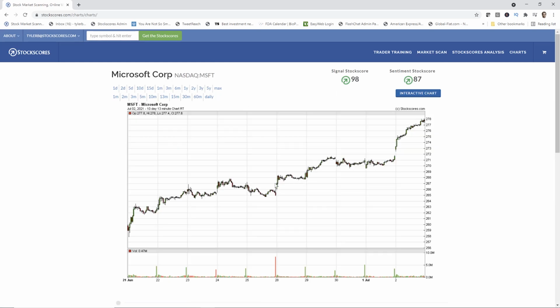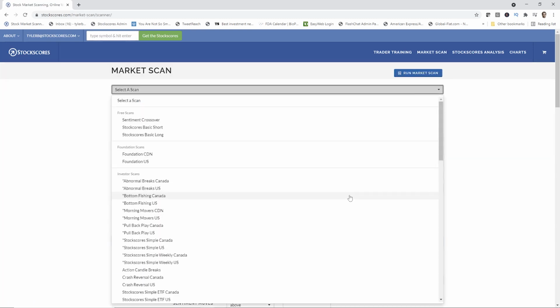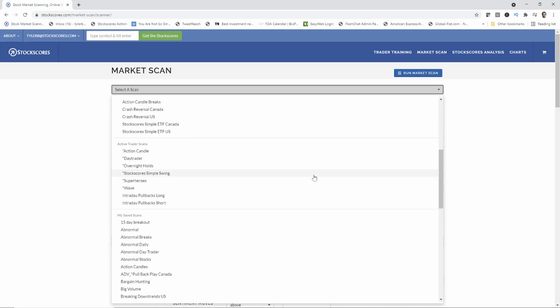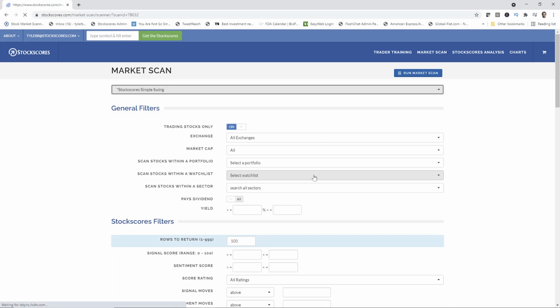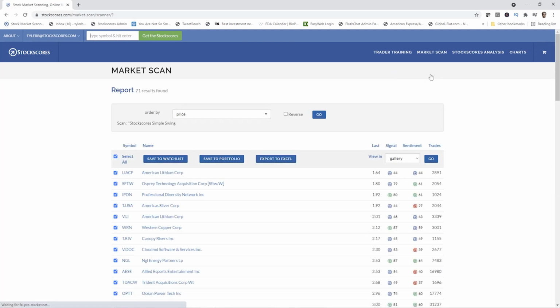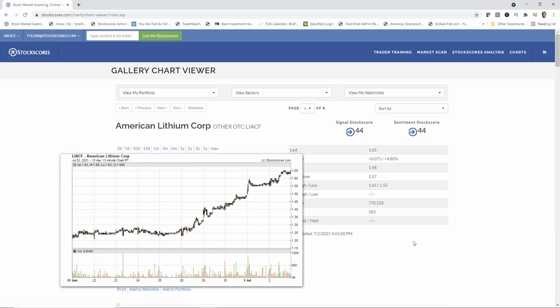Once we've done that, you can then look for stocks that are moving early in the day. So about 45 minutes after the open, maybe an hour after the open, run the Stockscores simple swing strategy. Now, it's a little late now because the market's closed. However, I just want to take you through the process. So we then inspect these charts looking for those that are breaking from low volatility on this shorter term 10-day chart. So for example, this stock,